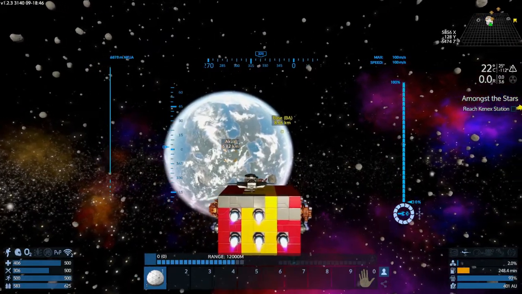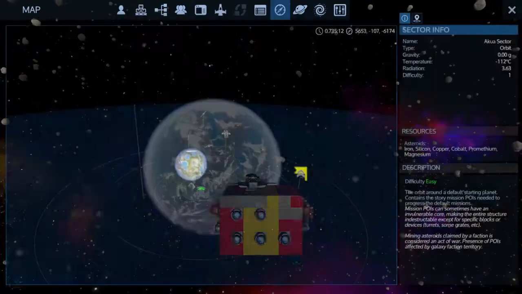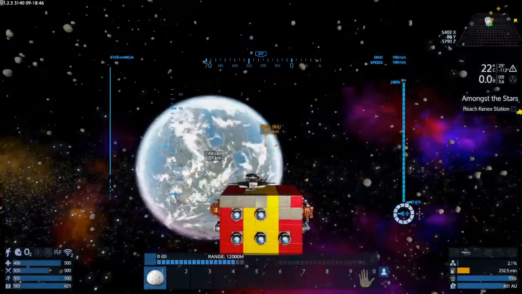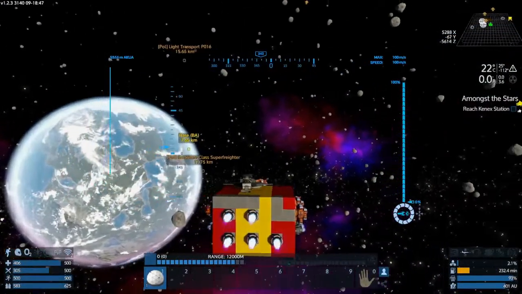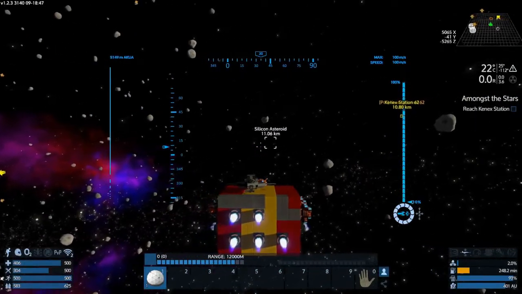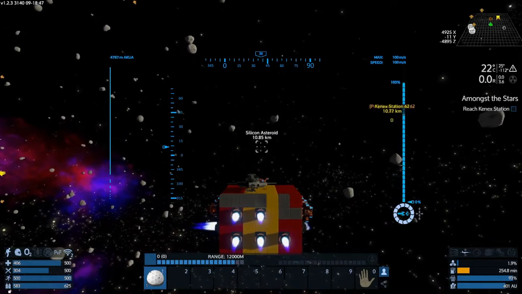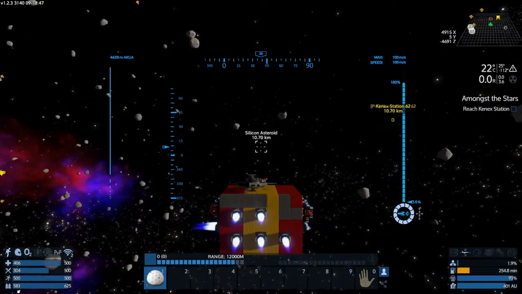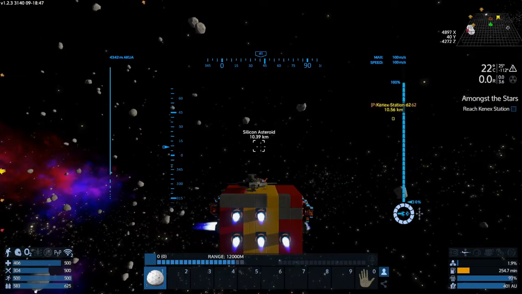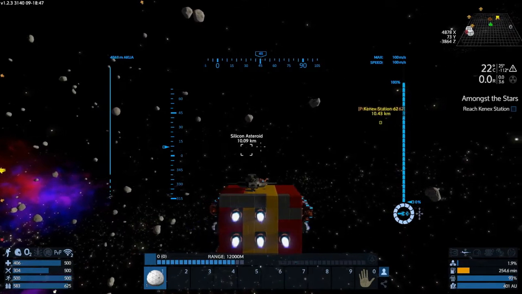One thing I do kind of want to make before we warp out, well, two things. I kind of want to grab a little bit of this silicon off of this asteroid, just to fill up the constructor on this capital vessel. But in addition to that, I also want to go over to that Polaris station, the Kennex station,